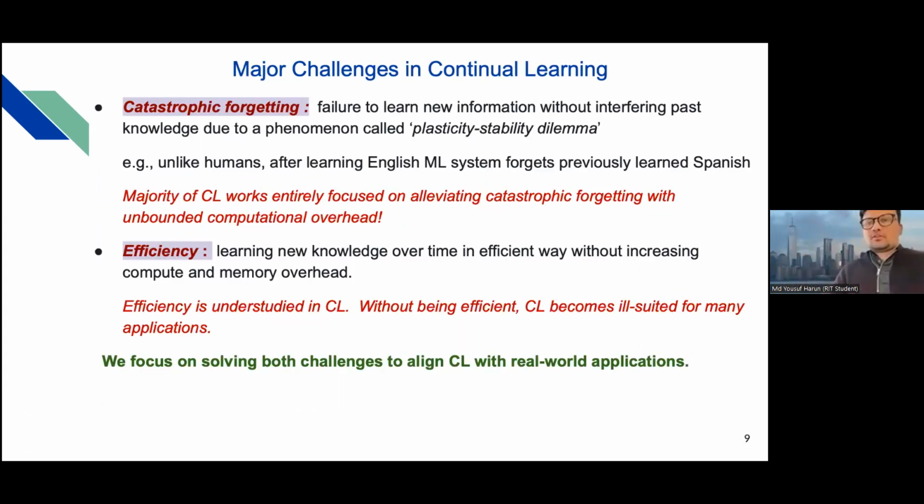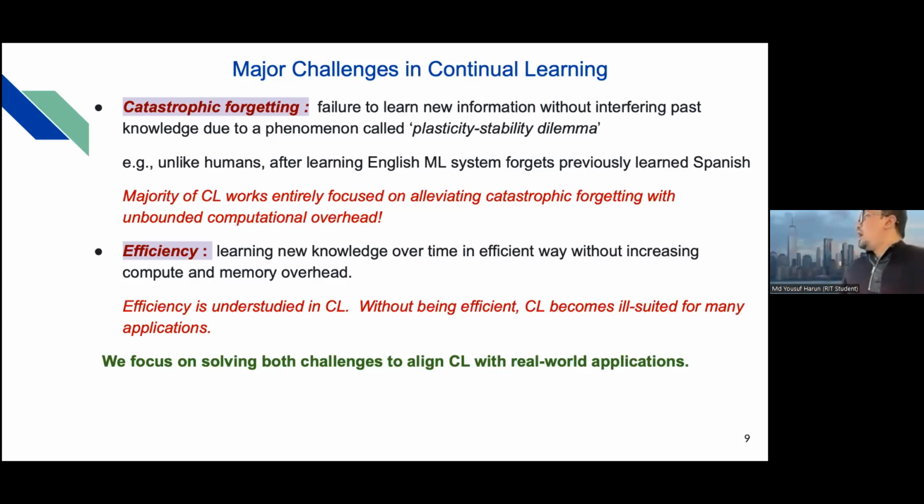So what are the major challenges in continual learning? There are two major challenges. The first one is catastrophic forgetting that I briefly described. This is basically when, while adapting to new information, the model does not have a memory of past knowledge. An example would be that after learning English, if a machine learning system adapts to Spanish, then it does not remember English, partially or fully depending on the situation. But that is not how humans learn. So we try to retain the old information, and the majority of continual learning work focuses on this core problem,